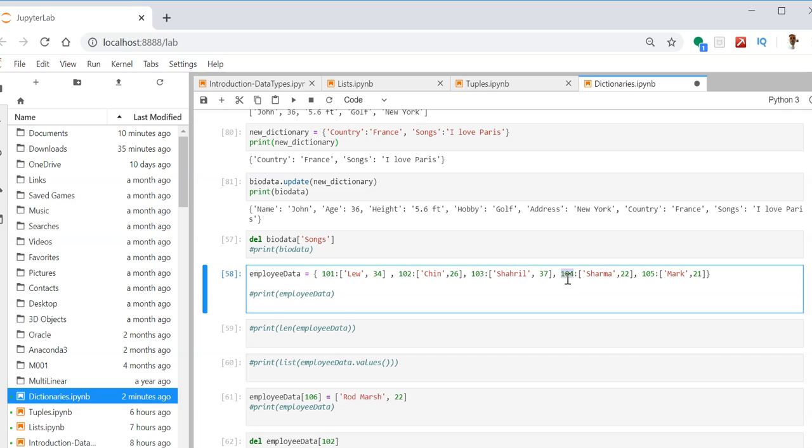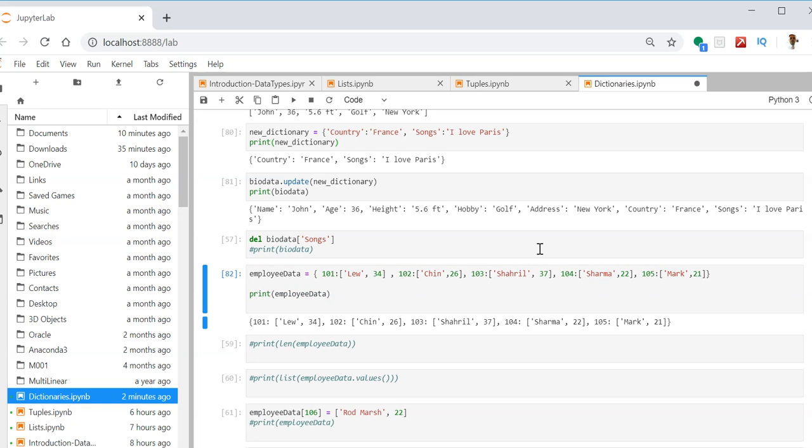Likewise 104, my name is Sharma and age is 22. When I print this, I get output something like this, the key value pair.